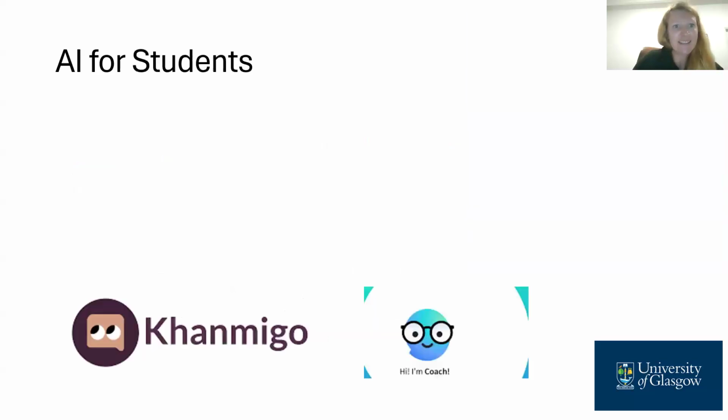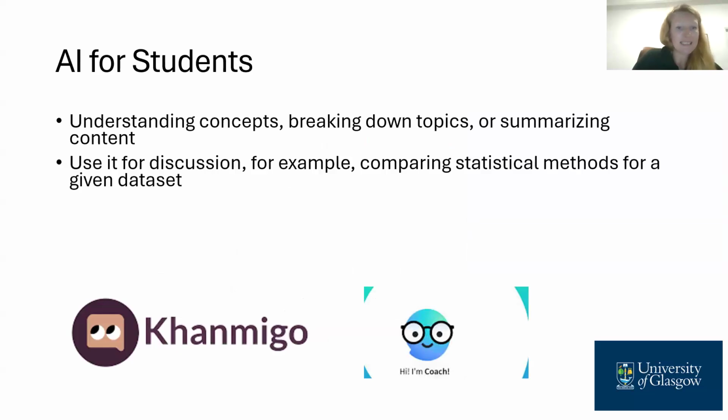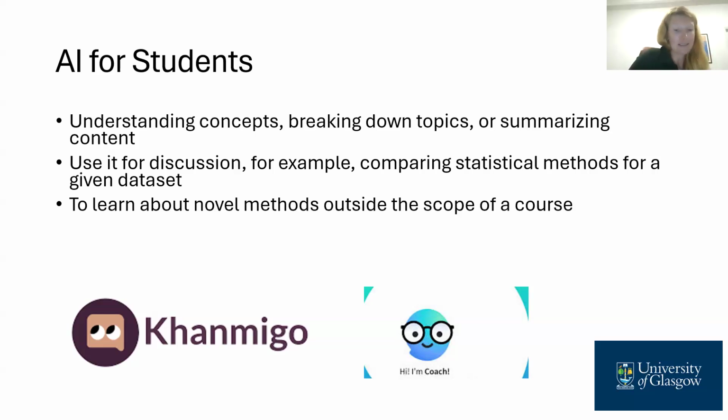AI for students. It can help the students understand different concepts by breaking down the topics or summarizing content. They can use it for discussion, for example, comparing different statistical methods for a given data set. So perhaps they've thought, I'm going to use method X, but they see the lecturers use method Y. Perhaps they're a little shy to ask, but they can discuss this with generative AI and ask questions around the suitability of that method. And they might want to learn about novel methods outside of the scope of the course when they start doing more advanced projects,